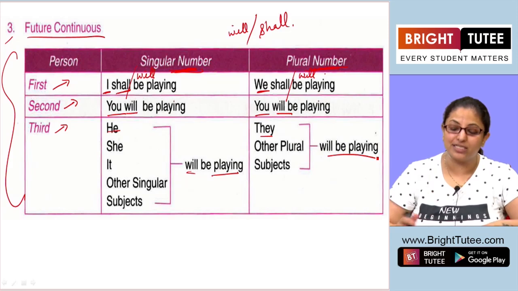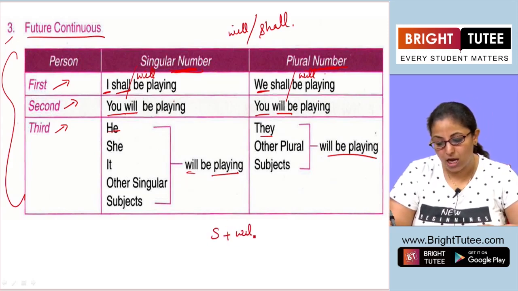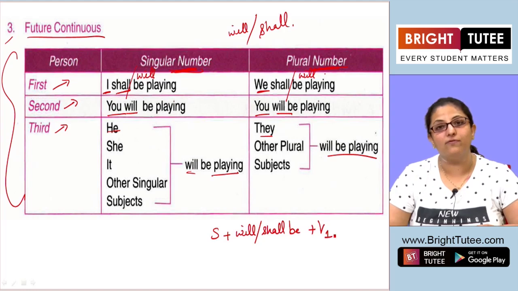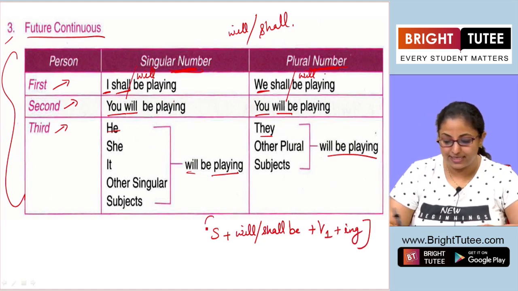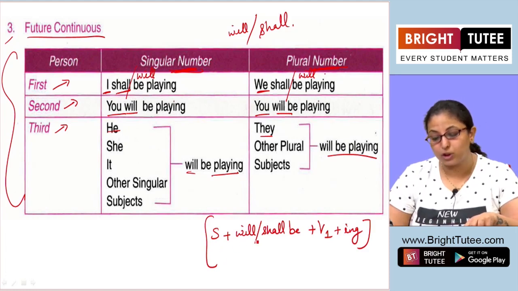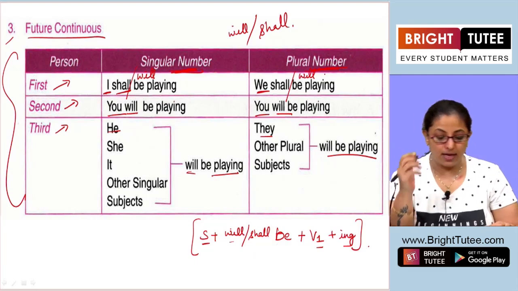So the structure for this kind of sentence is subject plus will or shall be plus the first form of verb plus ing. So this is the structure for future continuous tense: subject plus will or shall be plus the first form of verb plus ing. When combined with still,